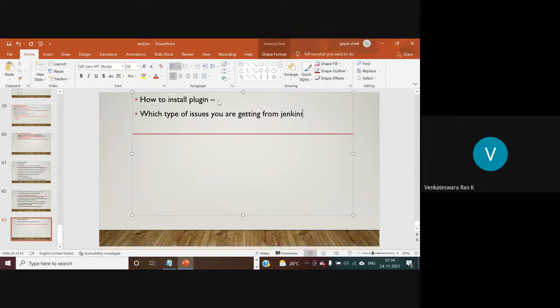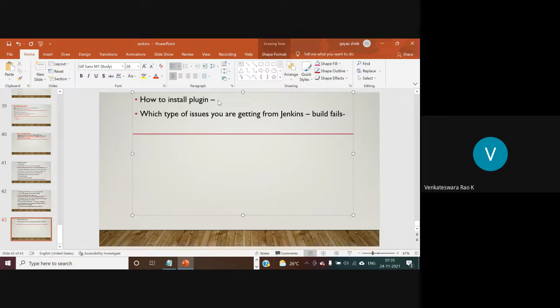Okay. So while we are performing the different operations, that is a build operation, it is not guaranteed that every build will be success. Our build will fail. So if the build fails, what will be the reason? Okay. Whenever the build fails, what will be the reason? So different reasons we are having. Due to different reasons our build will fail. The type of reasons we are having here is if the configuration is not correct, our job configuration is not correct.